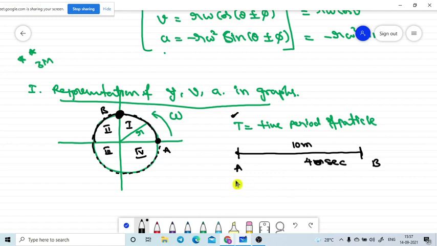My question is, how much time is needed to complete exactly half of the distance? This distance is 5 meters. What is the time needed? 2 seconds. How did you tell? You told that for the total distance S the time is T. If the distance is half of S, the time will also be half.